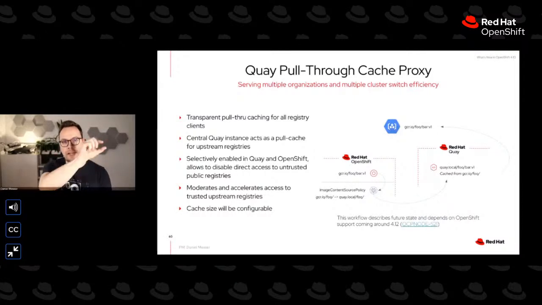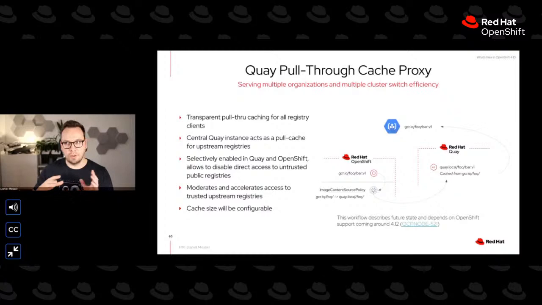What happens is that the client is attempting to pull from that Quay organization that is configured to cache either an entire upstream registry or just a certain namespace in an upstream registry. And what Quay will do is stream the image transparently to the client in the background while also caching the image. So the subsequent pull attempt against the cache will be fulfilled from that cache and is therefore much faster and much more resource friendly, and also insulating you from any pull rate limiting that may happen